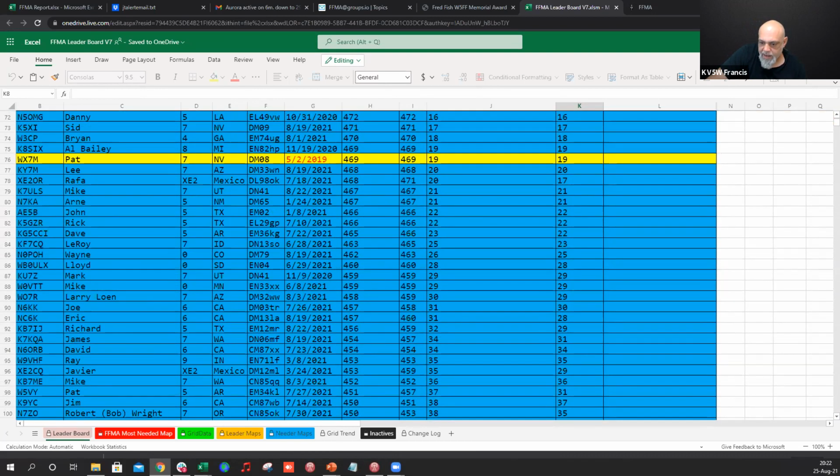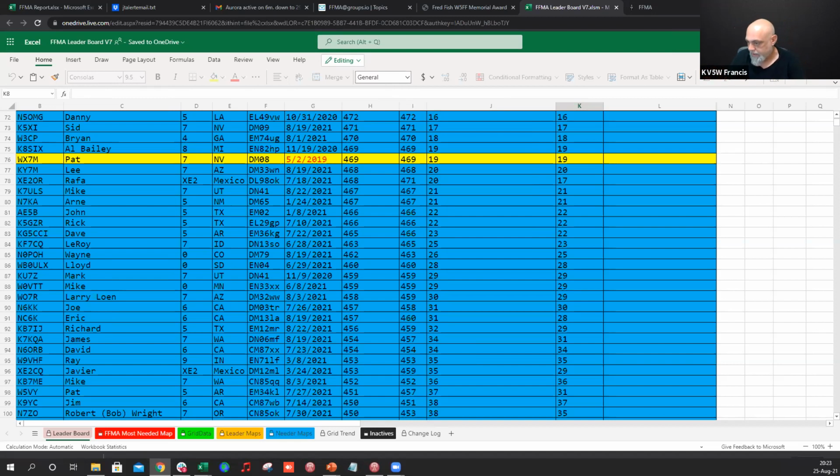We are at, I just had the numbers a moment ago, 136 stations. I think when I took over the board, we may have been at maybe 80 or 90 stations. So we're collecting data from 136 stations, and 105 of those stations have 400 or more grids confirmed. And there's a lot of guys who have more than 400 grids confirmed that just aren't